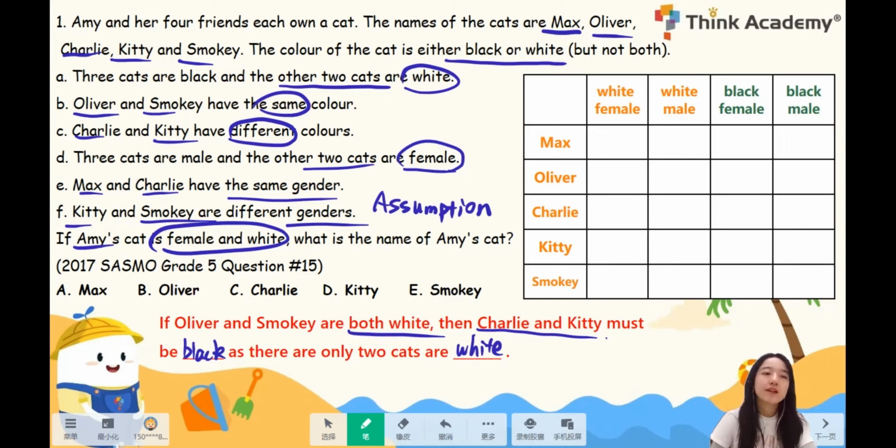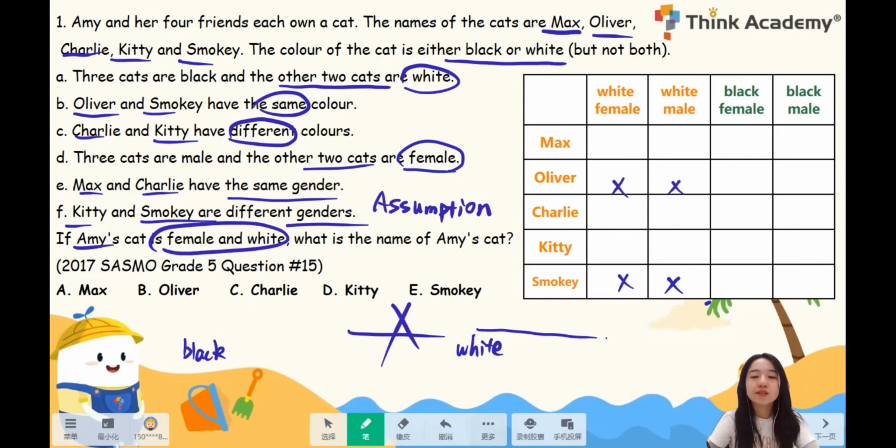But you can see, C tells us they should have different colors. It's contradictory. That means the assumption is wrong. If the assumption is wrong, what color are Oliver and Smokey? At least we know they are not white and they should be black. But we don't know whether they are female or male, so I didn't give them a tick. Now, based on this, let's move on to the second part